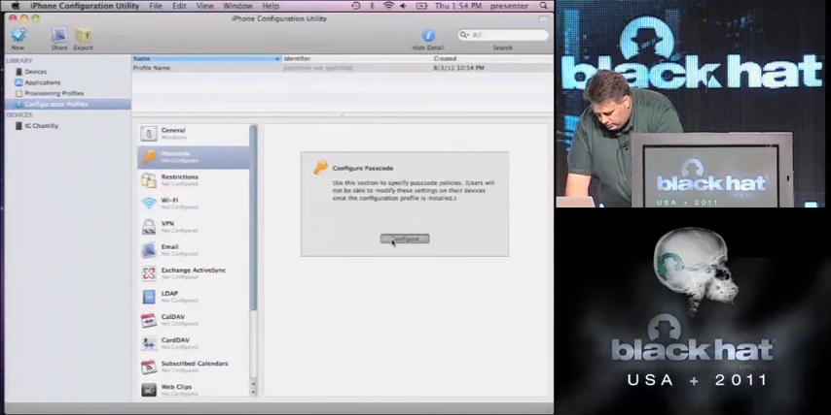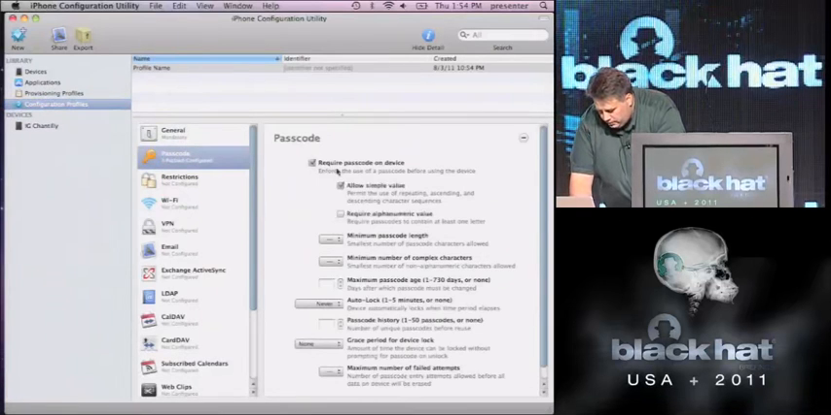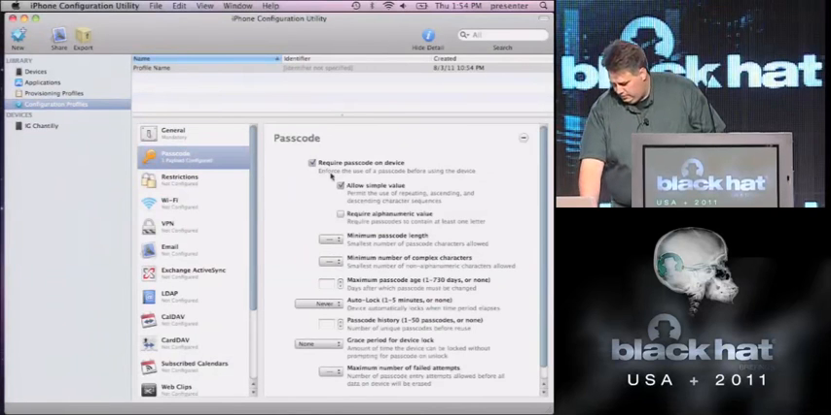So we talked about passcode. And here you can see where allow the passcode and allow simple value. Those are pretty much what was on the,